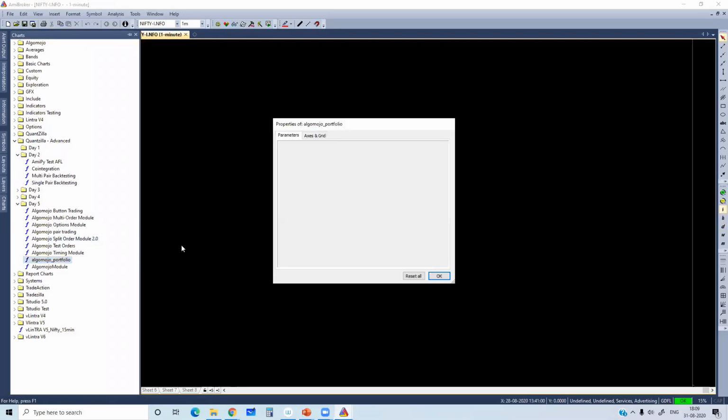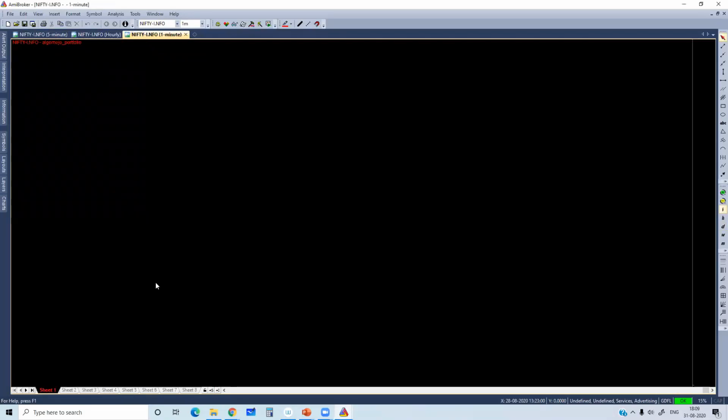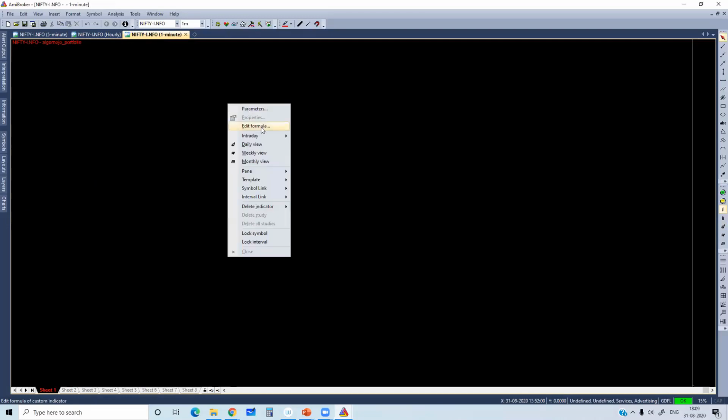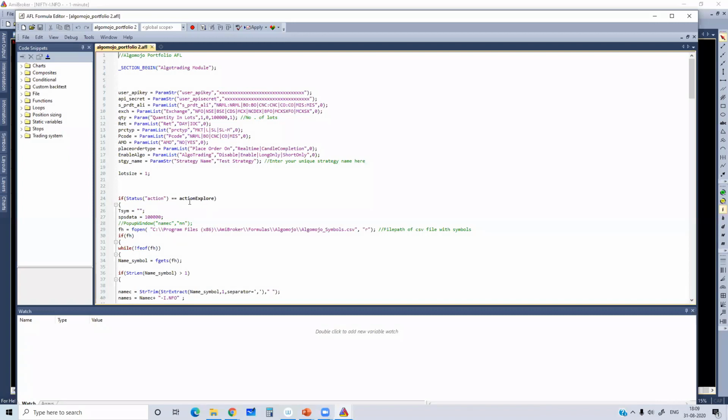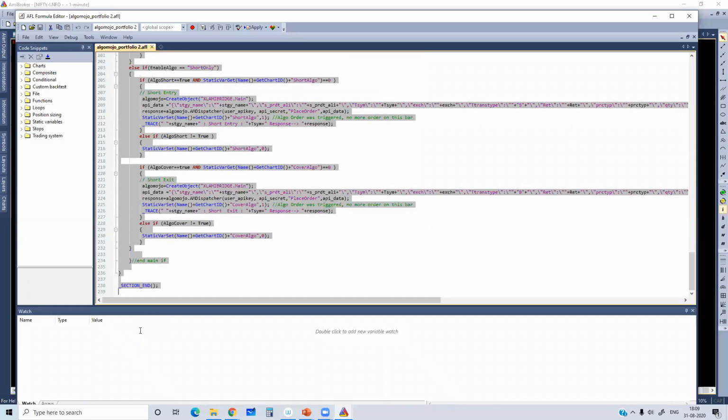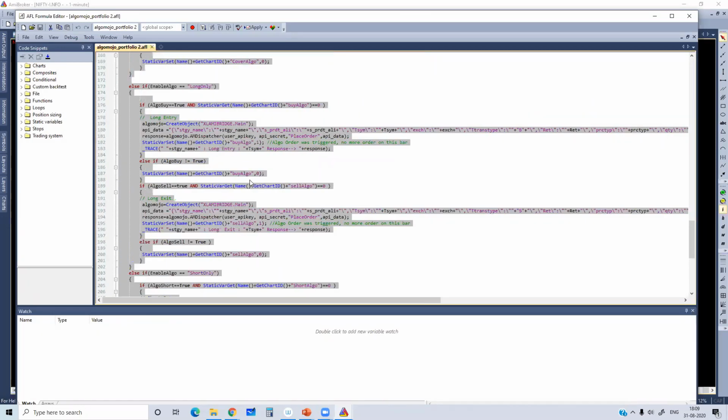Just drag and drop the portfolio. Nothing is getting plotted over here because the entire code is written inside the action portfolio, action explore. Means only if you are doing an exploration, this code will execute. Otherwise, nothing will get executed over here. Our entire module will execute only if the